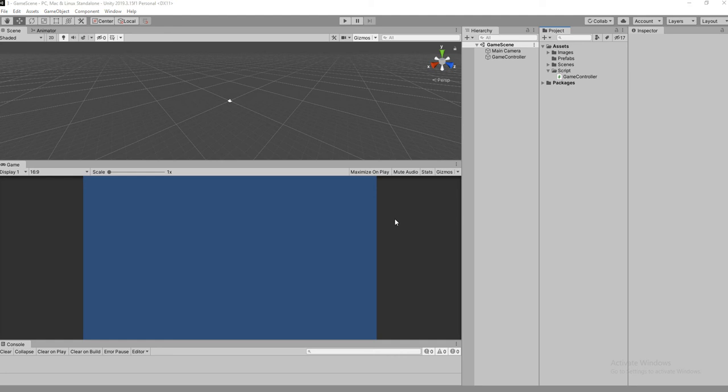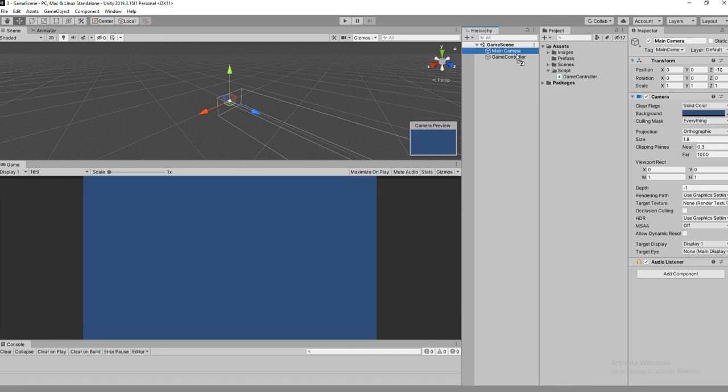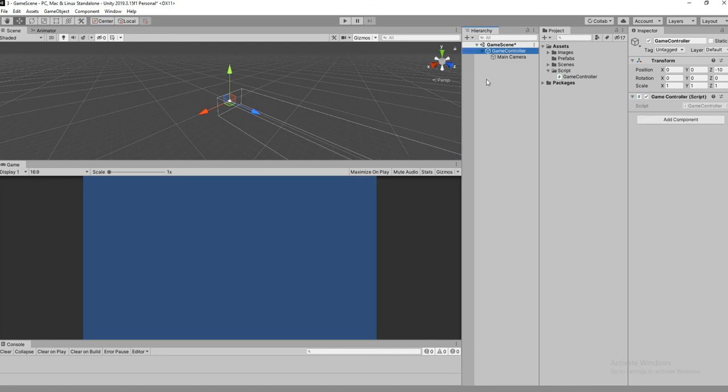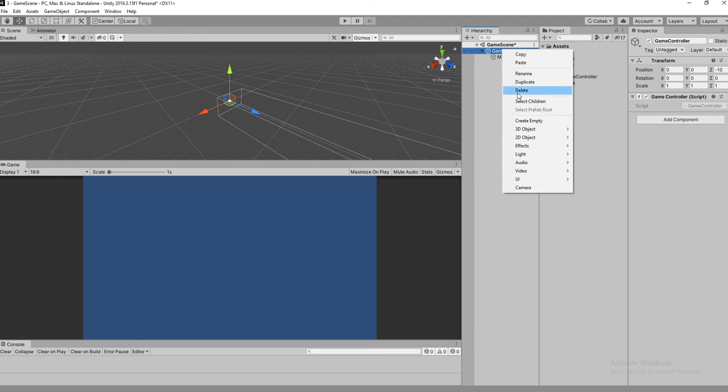In the previous video we have seen how to set up the camera on the game object. So in this video we are going to see how to implement the game background. So drag and drop the main camera inside the game controller. Okay. And then create an empty game object